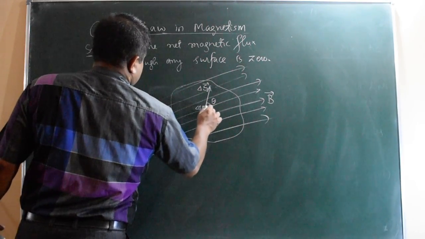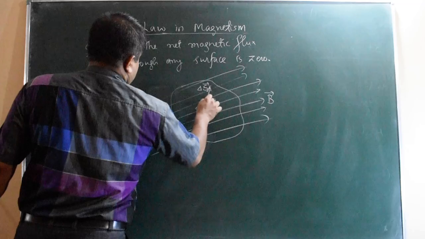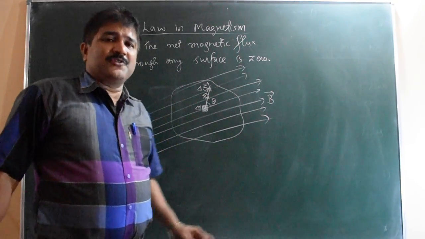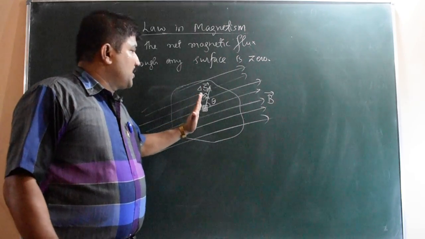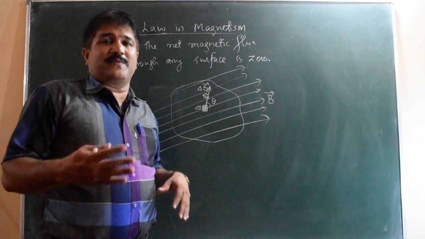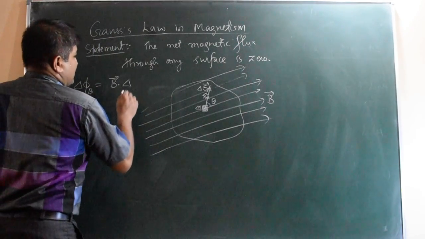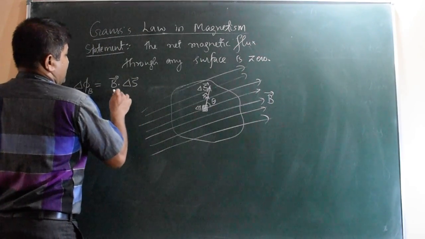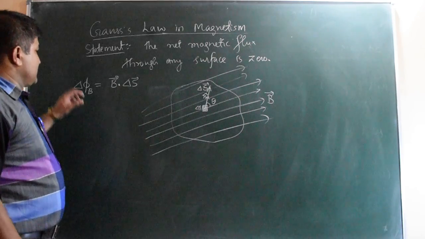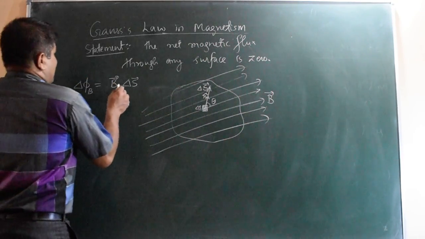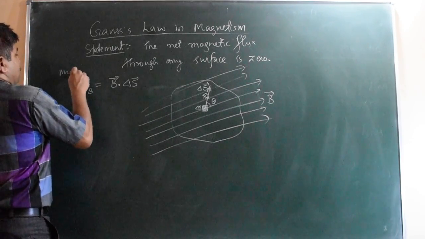Area is delta S, magnitude of area, and the direction of area vector is n cap. N cap is the unit vector pointing normal outward from a surface. Normal outward. So that is delta S vector. B dot delta S vector. Delta phi B equal to B dot delta S vector. That is the flux, magnetic flux